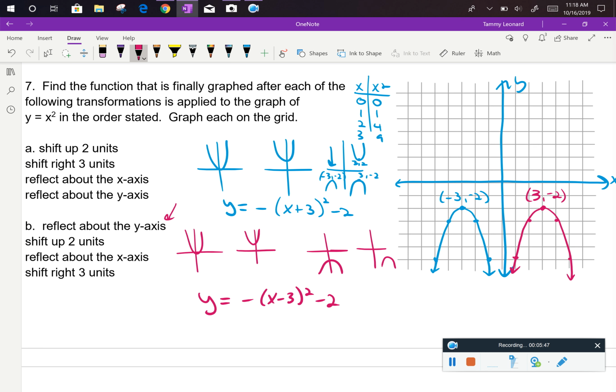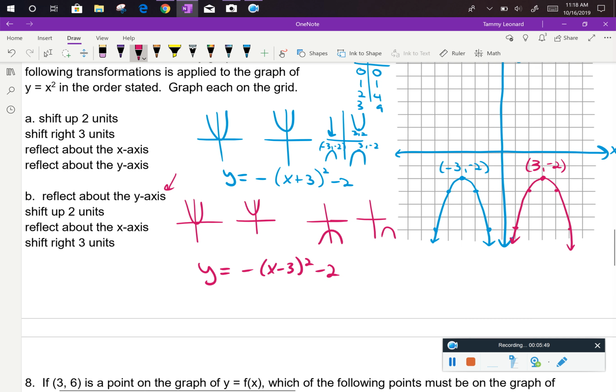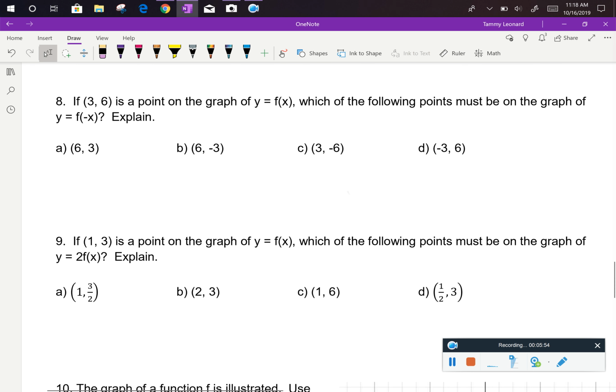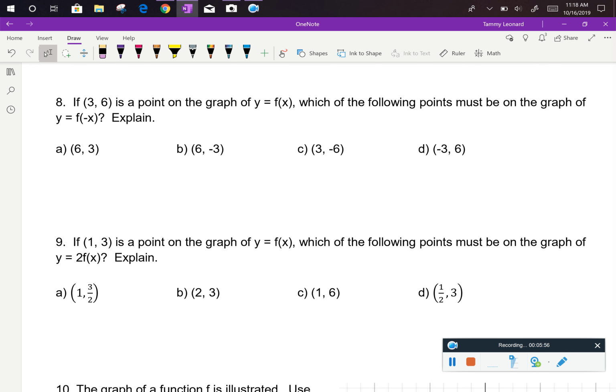Are we good? Yeah? All right, flipping the page. We're going to do some stuff that's a little bit different. This is getting a little bit more into what a lot of schools would consider the pre-calculus way